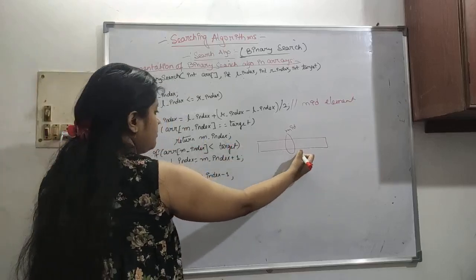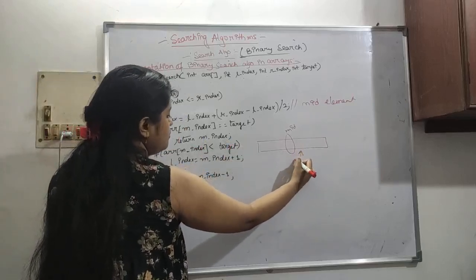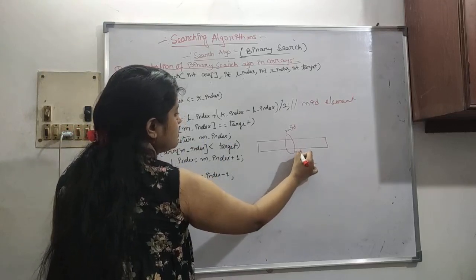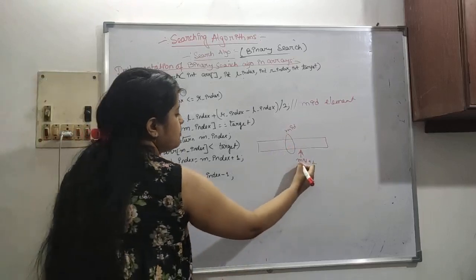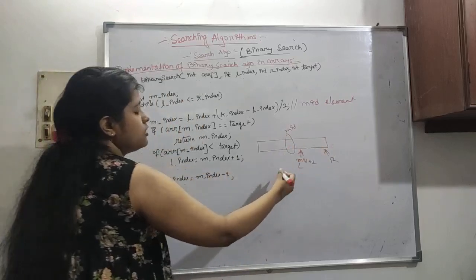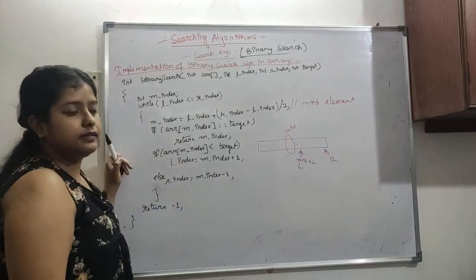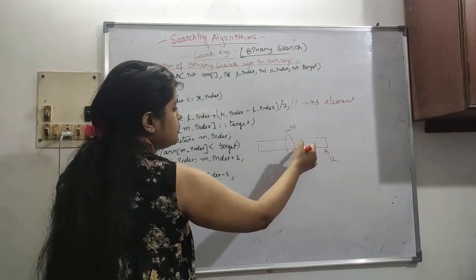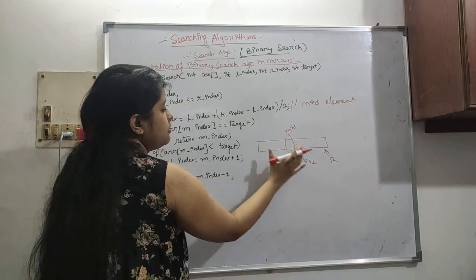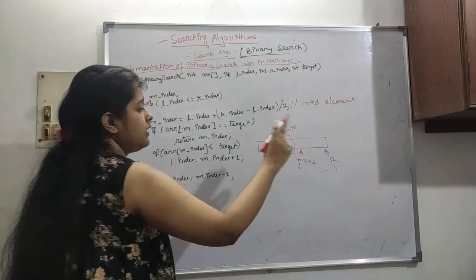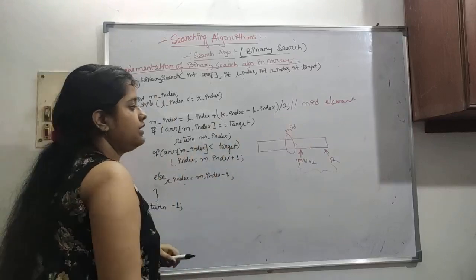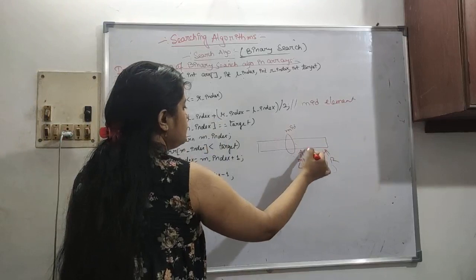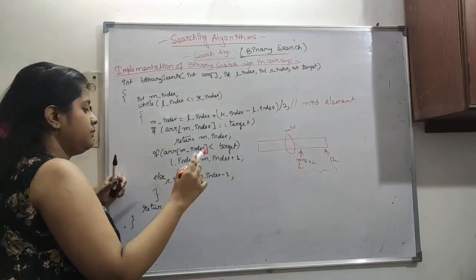So the left index will point to mid plus 1, and as usual R was there. So somewhere inside this the target element may be present. We will forget about the other part and run inside this part of the sorted array. Now we will check this again, find a mid element and everything.